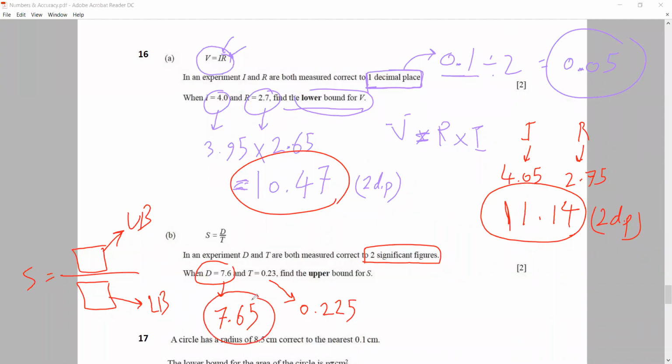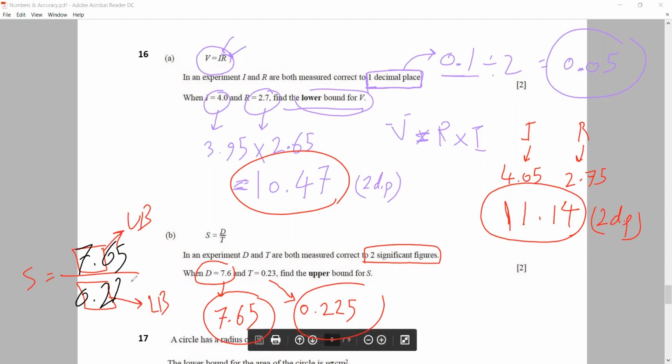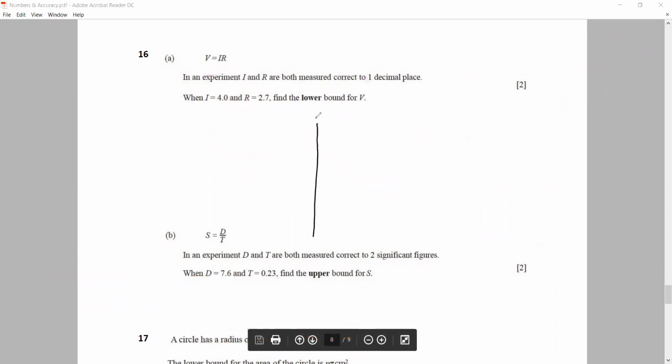So then just perform the division. I have to divide this by this. Let's see what it gives me. 34. That's a very round number. I wasn't expecting that, but 7.65 divided by 0.225 gives you 34. And that's the answer. Moving on to question